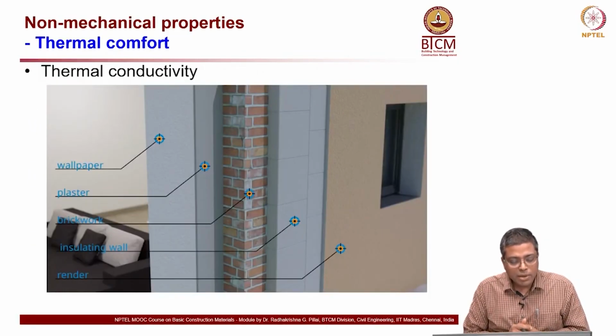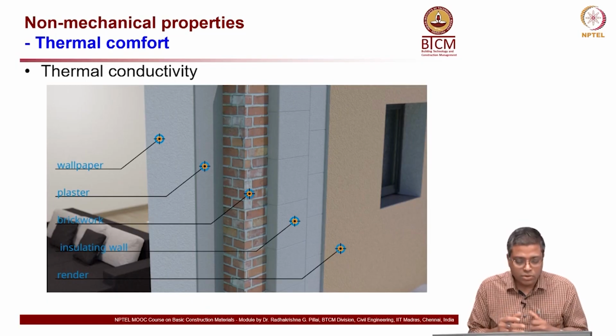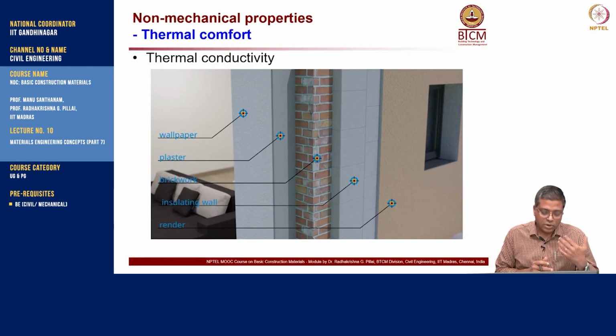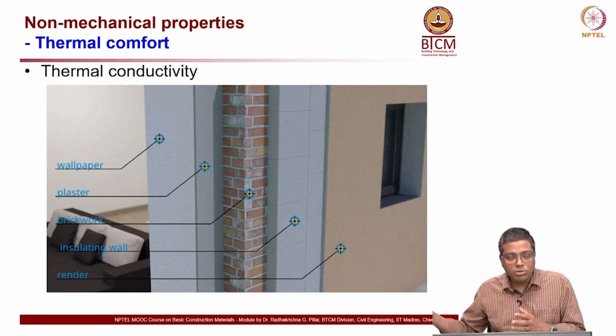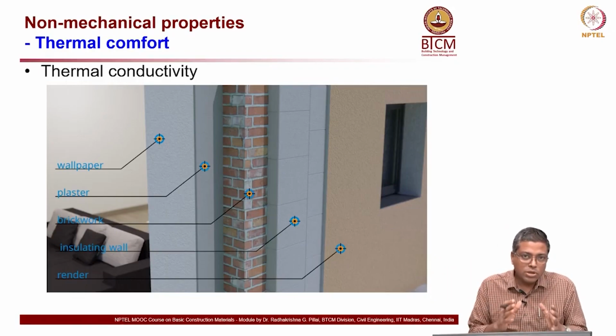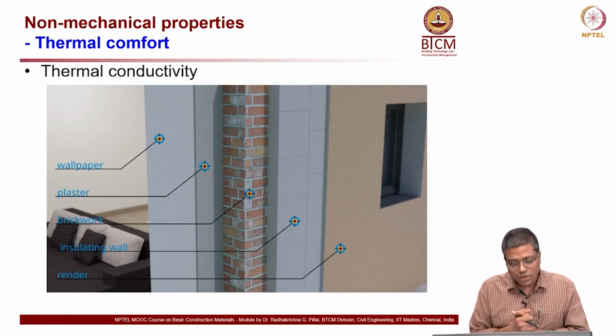Okay. Now, the other parameter is thermal conductivity. Again, it is becoming more and more important today because of climate change and a lot of heat, especially in countries like India. In cold countries you want to contain the heat inside the building because the outside is very cold, and in countries where the climate is very hot, you don't want the heat to come from outside to inside the building. So, both ways you want to prevent the exchange of heat through the wall. That is the idea here.